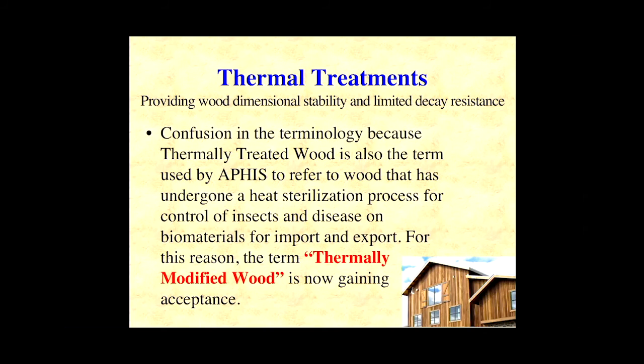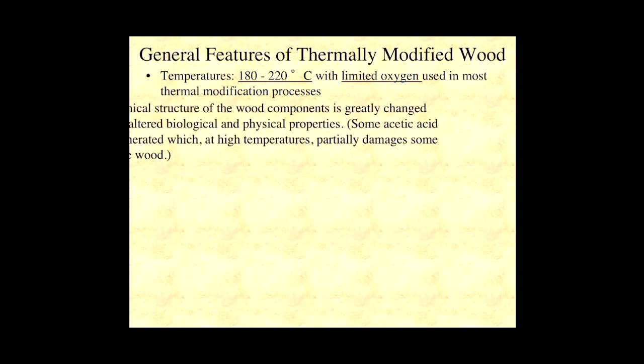dry? Okay, an excellent question. Let me see if I've got, this is the answer. Okay. So much higher temperatures than in kiln drying. And also, you're limiting oxygen. So you're not actually using a kiln to let the moisture out, the humidity out. So you've got to get very high temperatures, limited oxygen used in both of these different processes.